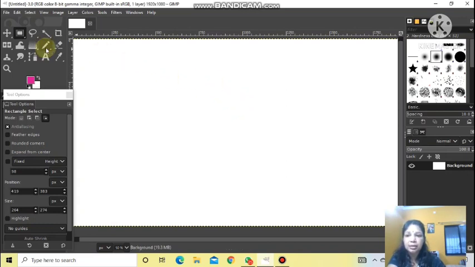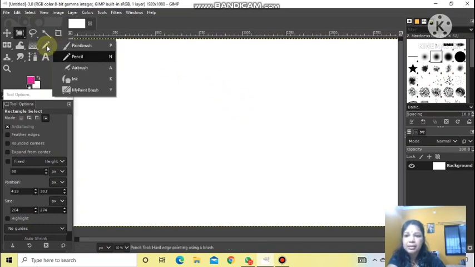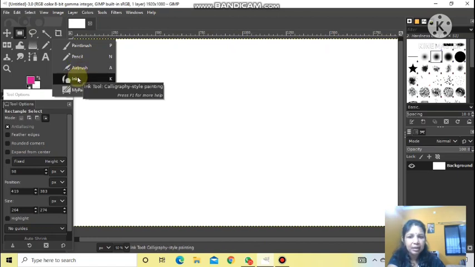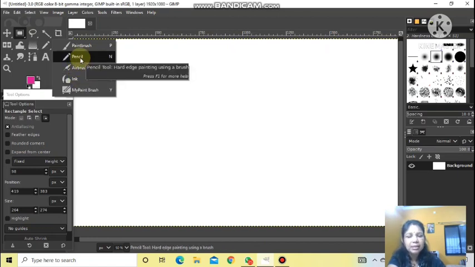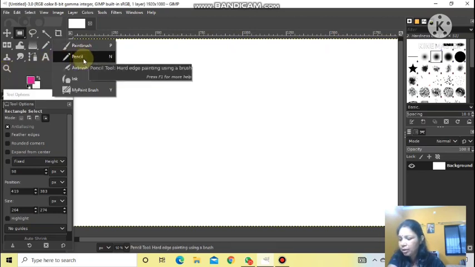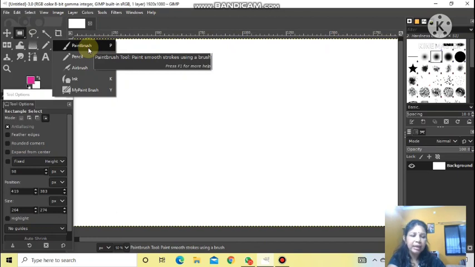As you can see here, right click and you will get pencil tool and paintbrush, airbrush, ink, all these in one group only. Airbrush means spray-like painting if you want to do. Then ink painting is there, calligraphy style painting if you want to do. Pencil, the normal one, where all the options like different color options, then filling effects and all can be selected. Pencil will be smooth, and paintbrush is like the normal paintbrush you use, the same type of drawing will appear.